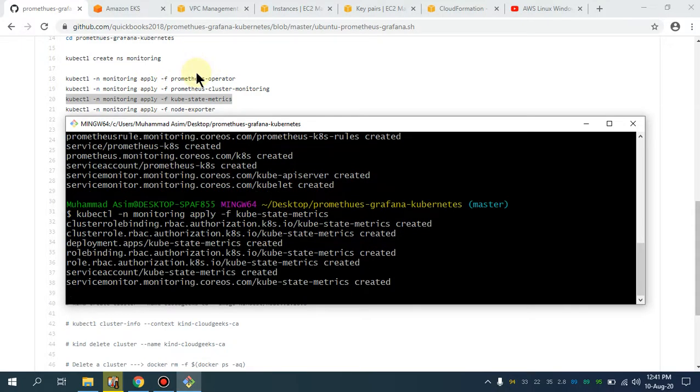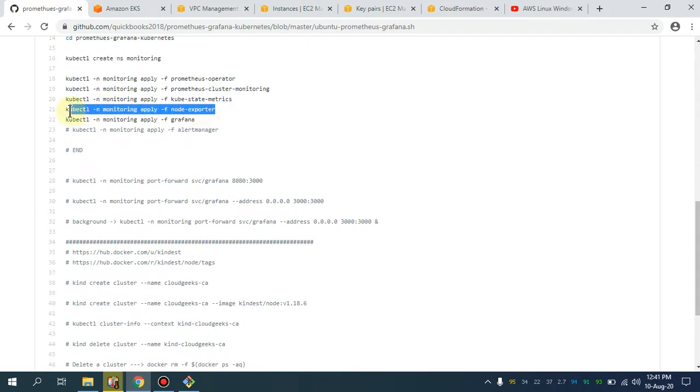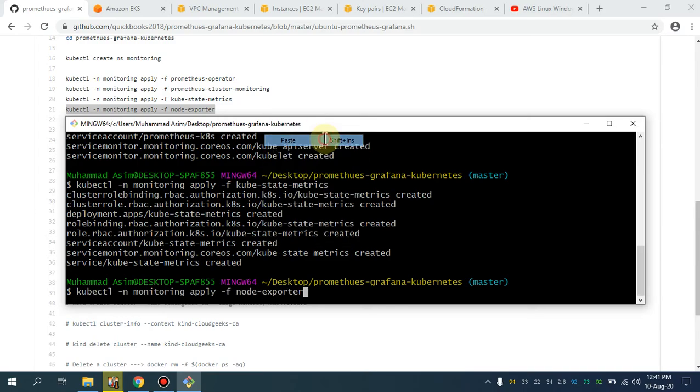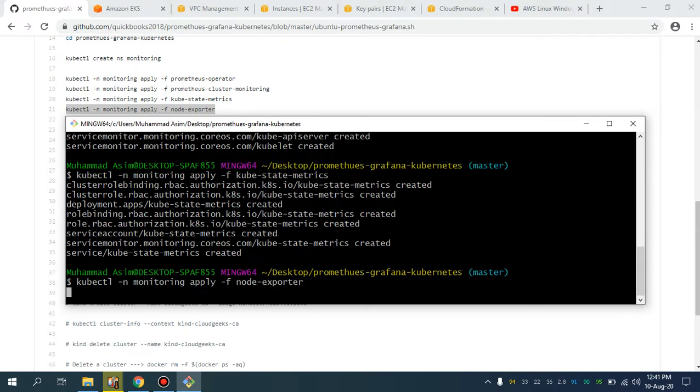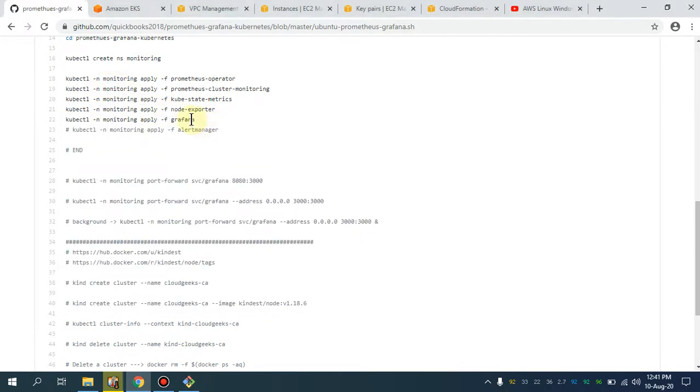Although I've created the script, I'm doing most of this part manually, but you can simply run the script. Just one script, and all the stuff is going to be in one command. I just want to make sure that you understand what we are doing and how it is going to be